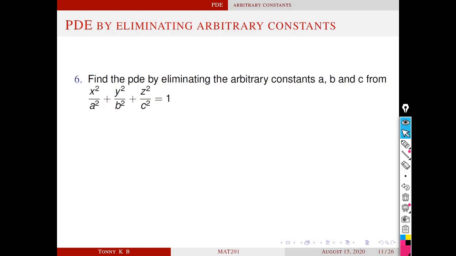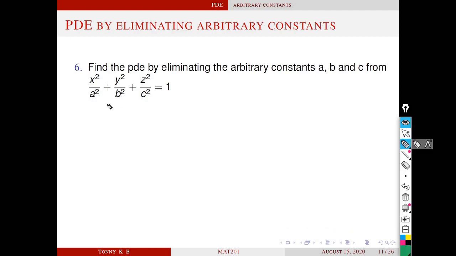Next problem. Find the PDE by eliminating the arbitrary constants a, b and c from x square by a square plus y square by b square plus z square by c square equal to 1. This family involves 3 arbitrary constants. First you differentiate this equation with respect to x. Then we get